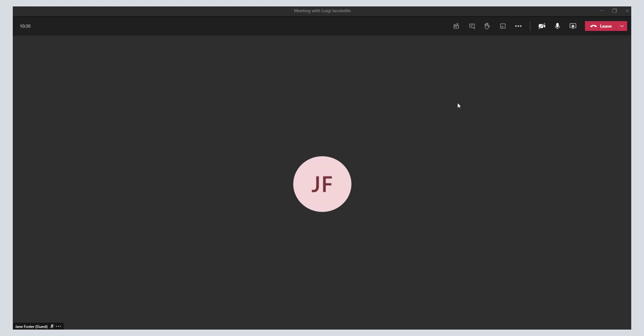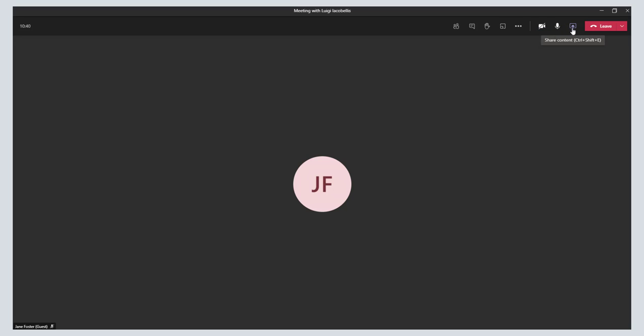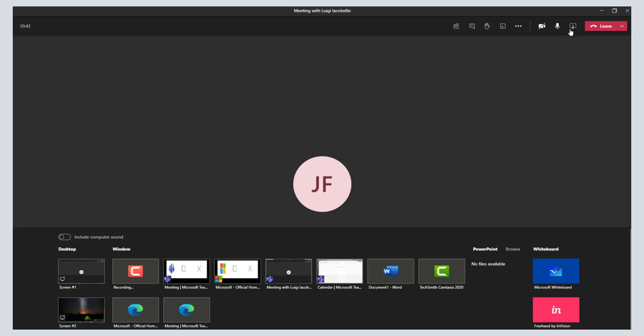So to share your screen or content, the first thing that you want to do while you're in a meeting, in the meeting window, is to come up to the top menu bar and click on the Share Content button. That's this little rectangle with the arrow pointing up. Clicking on that is going to bring up the Share Content options, and you'll notice the first option here is